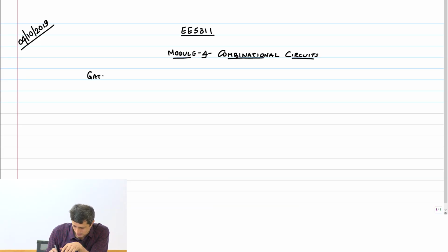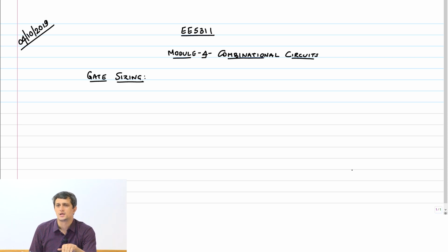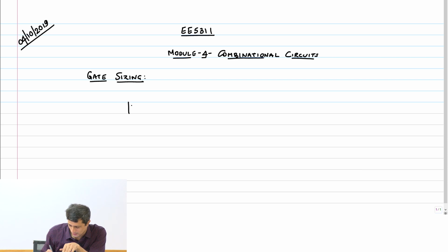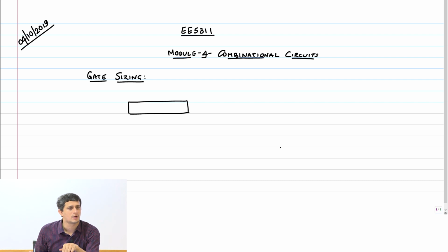So let's move on with our discussion on gate sizing. What was the summary of gate sizing? If you have some arbitrary circuit with a path logical effort of G, which is equal to the product of the individual logical efforts,